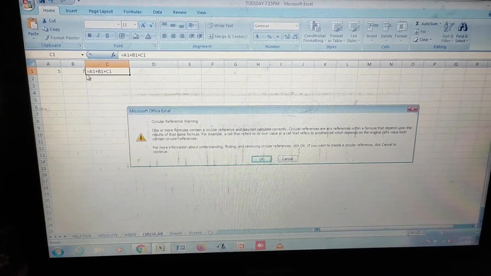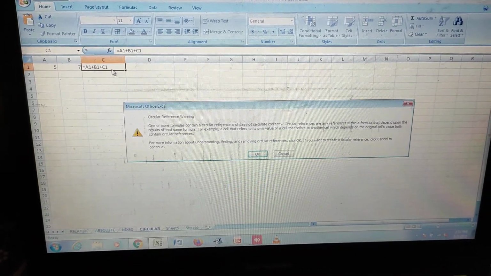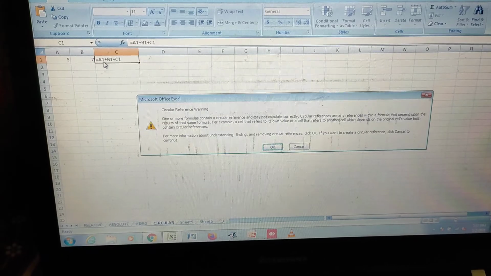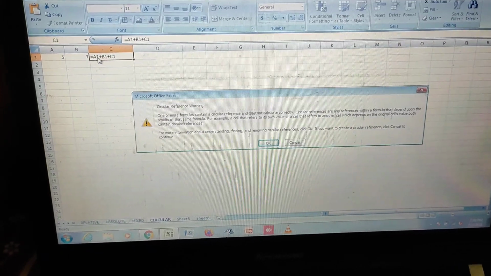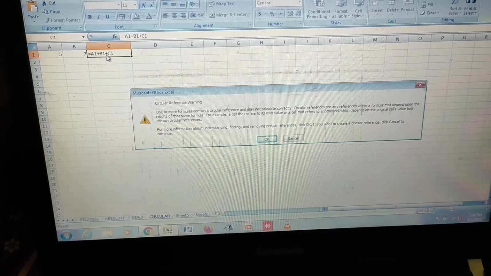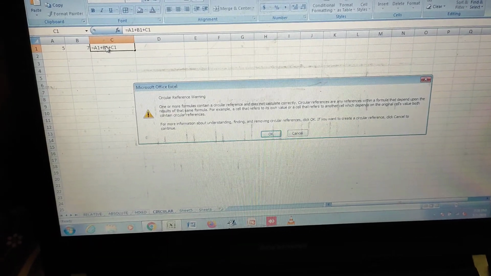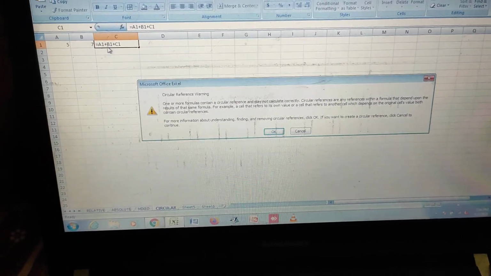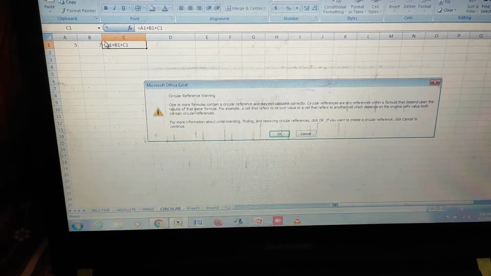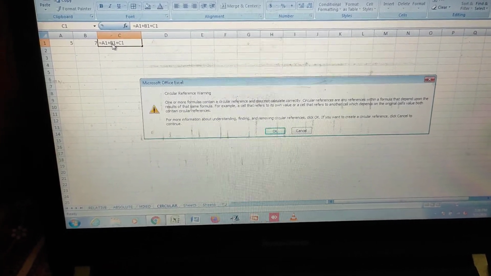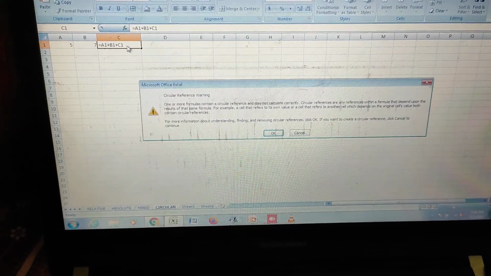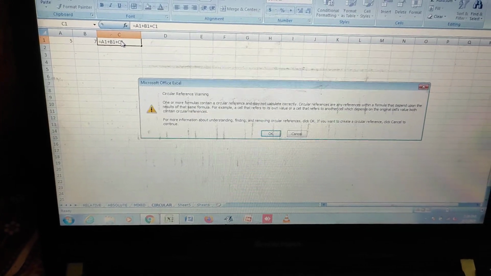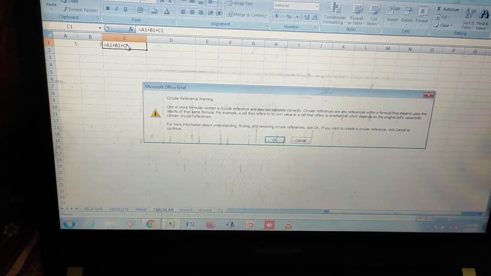Why does it occur? Because we are adding the value of C1 and we are storing it where? In C1 only. So every time the value of C1 will change, because the A1, B1 value is 12 now. So the value of C1 is also 12. So the value of new C1 will be 12 plus 12, 24. But when you get the new value of C1 as 24, it will again add with 12, that is 36, and so on. It will increase the value automatically. Never will it give you a proper answer, because you are adding the value of C1 with C1. It will never give you the answer, because in C1 no value was there previously. That's why it is called circular cell referencing. It is one type of error, you can say.